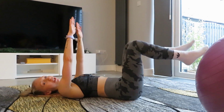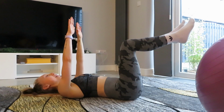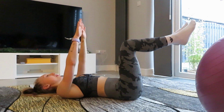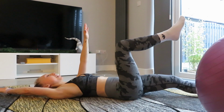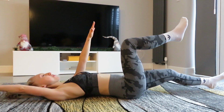If this is a little bit too much on the hip flexors, quickly bring your feet down, have a little shake out, bring them straight back up. We go opposite side for 1, and up, 2, up, 3, out for 4,